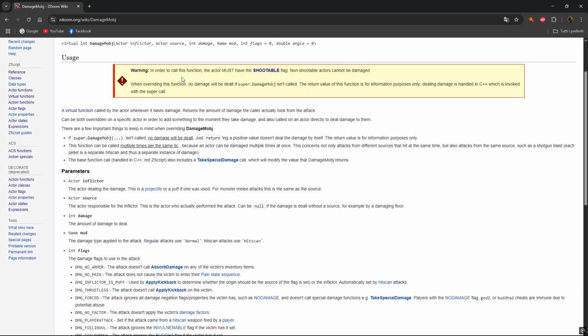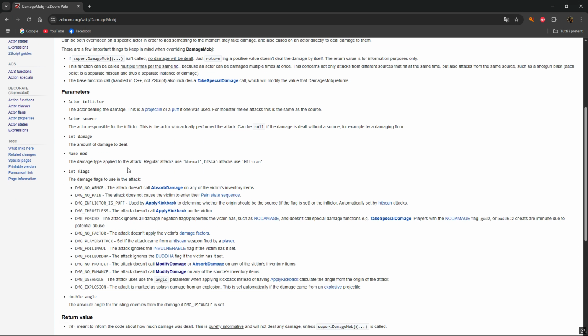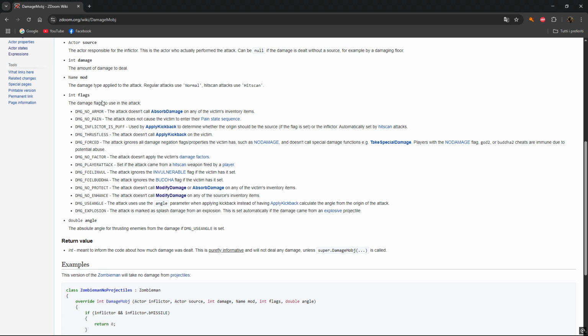This is, of course, important. You cannot use this function on targets that are not shootable. Again, for any attack to work, the thing to be attacked needs to be shootable. It's as simple as that. Anyhow, we can have this attack, for example, ignore armor, ignore the damage factor,